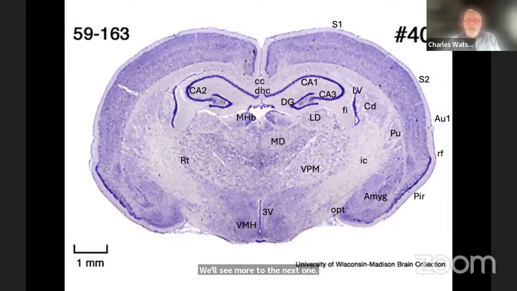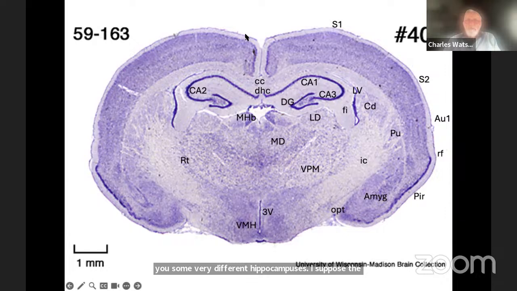Yes, this next one has our classic hippocampal feature. And I want you to look carefully at this, because I'm going to show you some very different hippocampuses, I suppose hippocampi, later on. But the features of the hippocampus that you should normally be looking for: there's a dentate gyrus, a bit like a sharp tooth just there. And then the cornu ammonis or CA regions coming out from that. And there's a modest size CA3. CA2 is too small to label just here. And most of the rest of the top here is CA1. We're going to see some examples with some very big CA1s in just a little while.